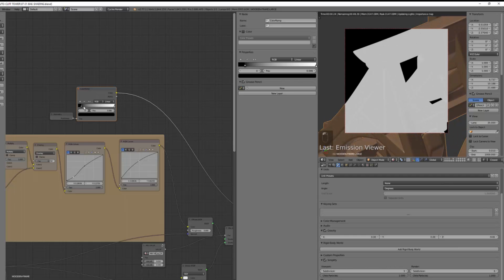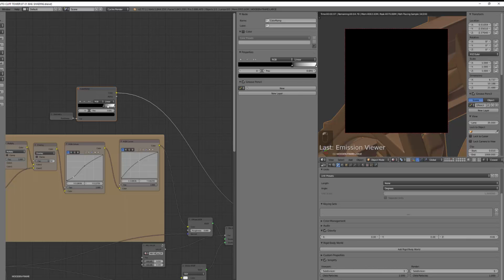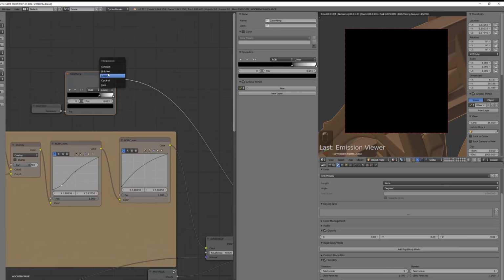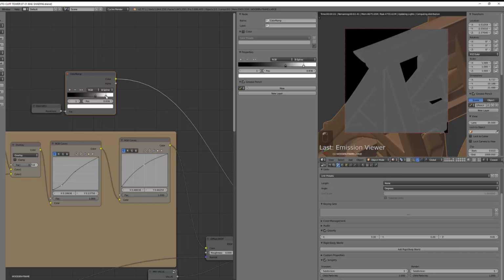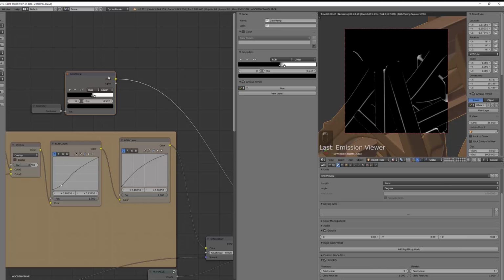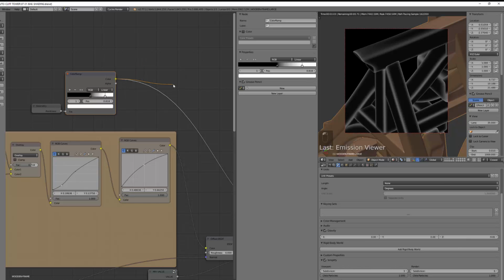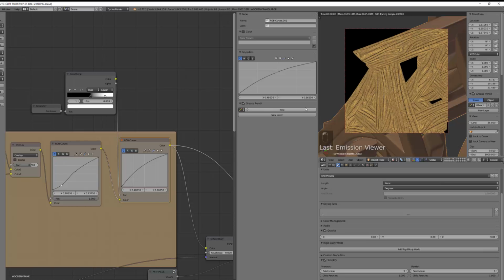Now I can push this until it turns nearly to black. I will use a B-spline interpolation. Maybe a linear interpolation will be easier to handle. And we'll use this as a factor. So now if I check, I should have a lighter color on the corners here based on the influence of